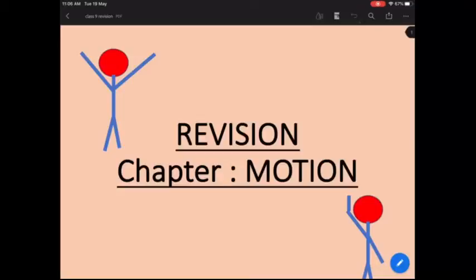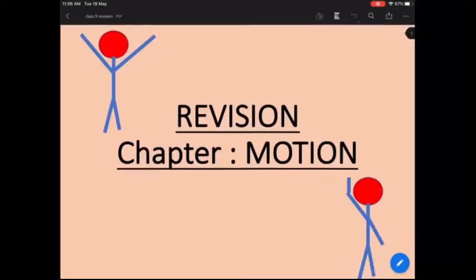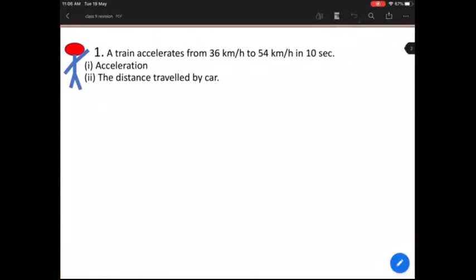Today we will be doing some important numericals, simple but important, and I want you to understand them very carefully because these are simple numericals that I've picked up. So these will clear all your basic doubts in case you have. Okay, so let's start with the first numerical.